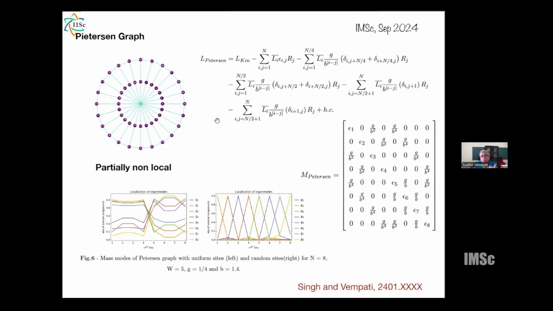But then you have an organizing principle similar to the one which I showed you earlier. This is called a Peterson graph. So here you have all the diagonal terms which are completely epsilons, and the next to nearest neighbor terms which are completely described by this particular case. The Peterson graph is very interesting in the sense that,